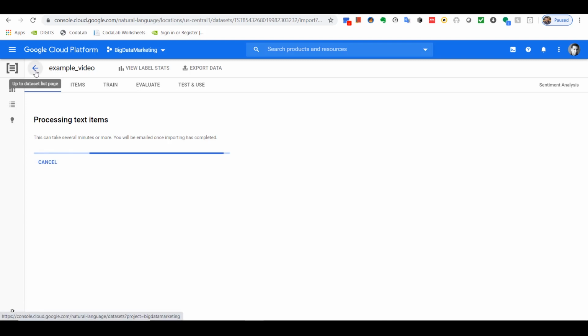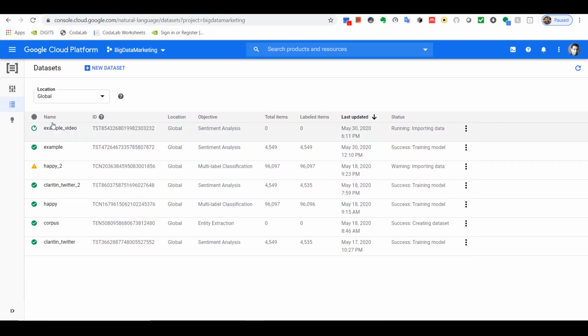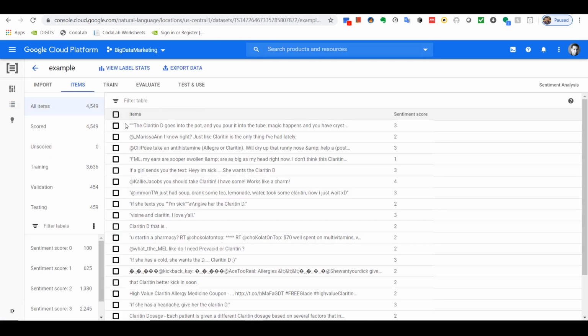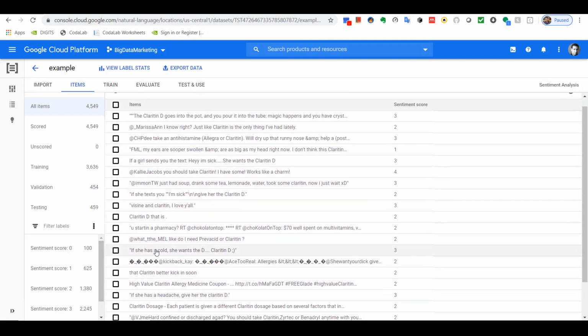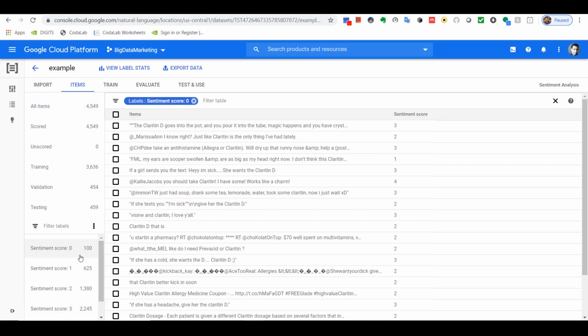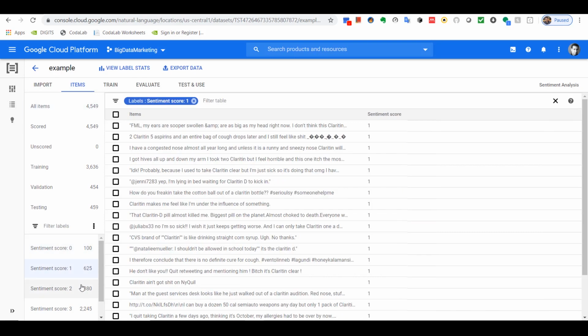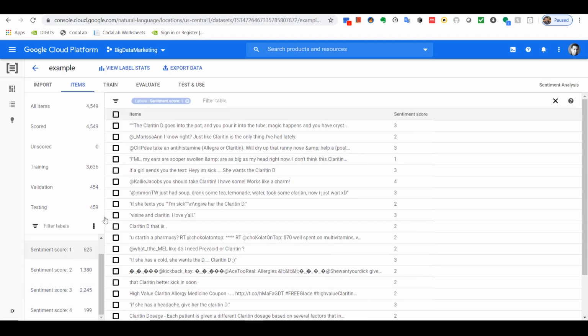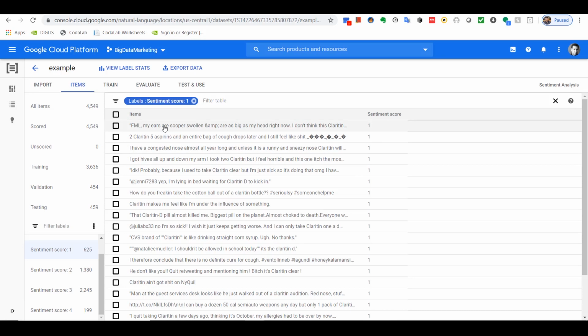So what I did is I have it already. That's what I did beforehand. So this is how the file looks. I just have to make sure that I have a minimum of 100 items per row. Also, as part of the assignment, make sure that you spend as much time as you need making